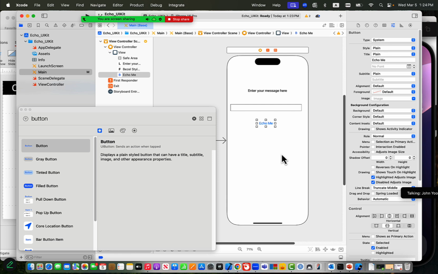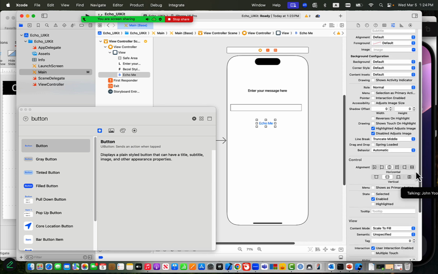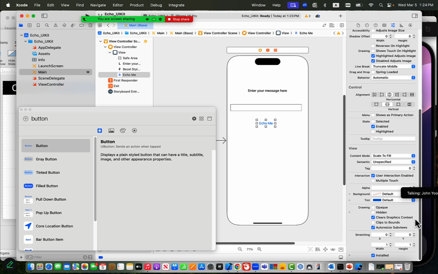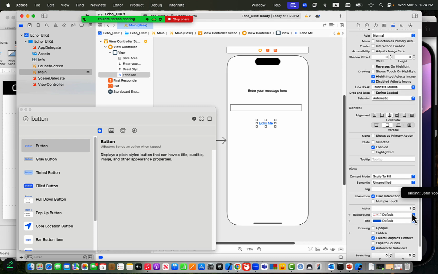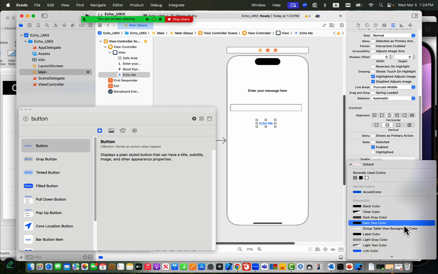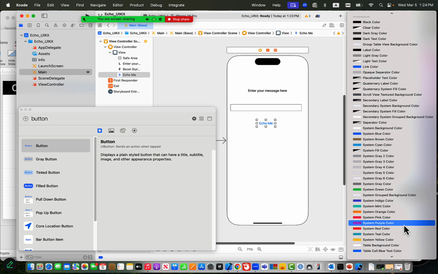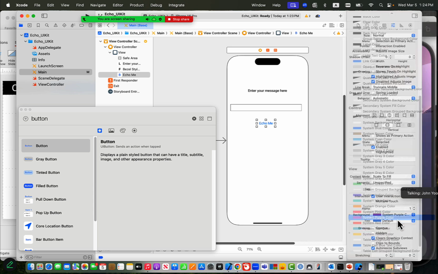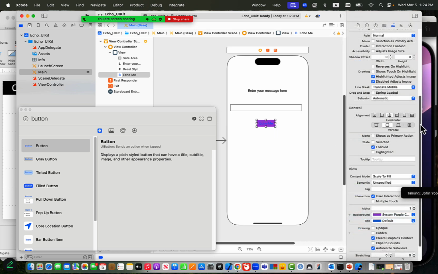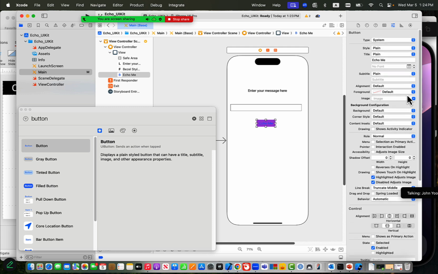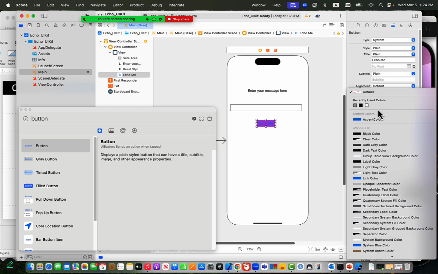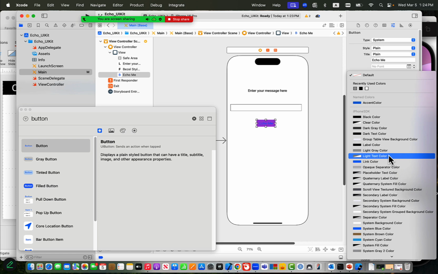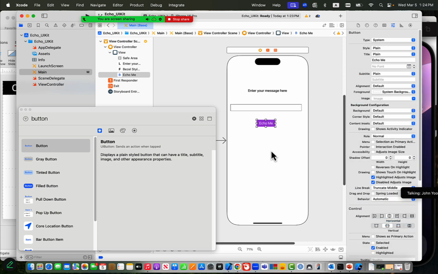If you want to change the background of that button, then scroll that down, view, there's a background. If you want to change the background to whatever you want, for example, if you want to make it purple, and then foreground, then you can say there is anything that you can do. I want to do white color, so echo. And then again here,